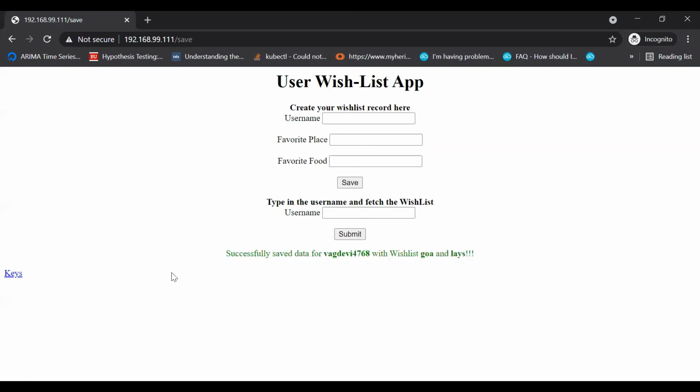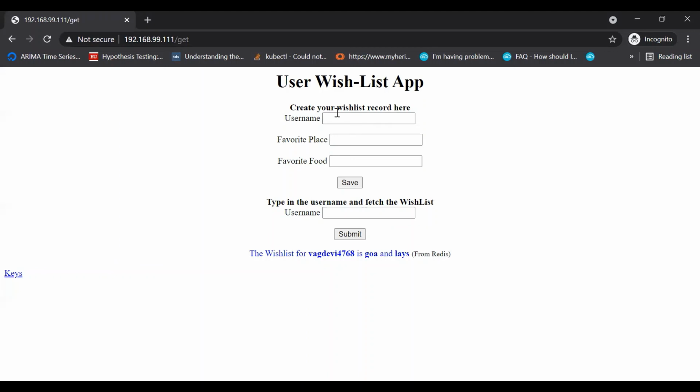Now when I have entered some data, it will be stored in the database, and it will also be stored in the Redis cache, because it is a caching tool, right? When I click on keys, we will extract the keys from the database. But when I want to search the details of this user here, we expect that to come from Redis, because we have just created that, and it is simultaneously saved in Redis and also in Postgres.